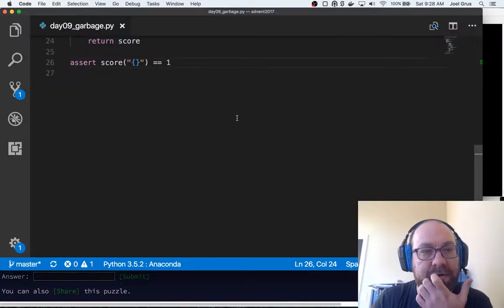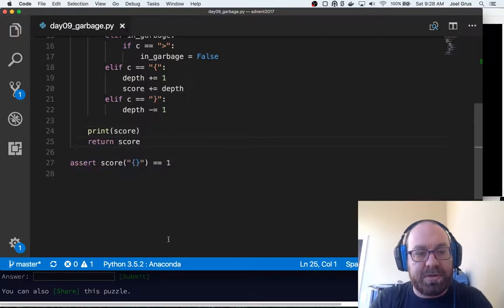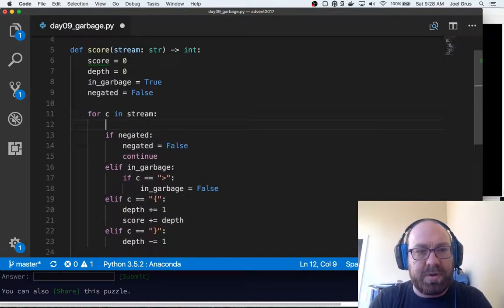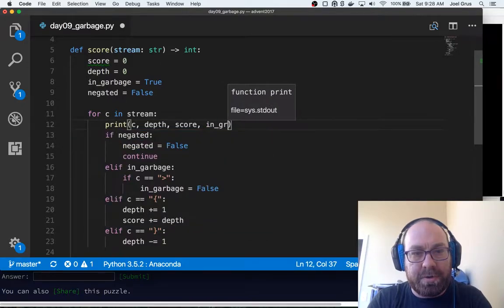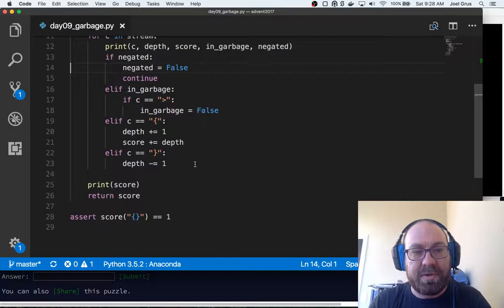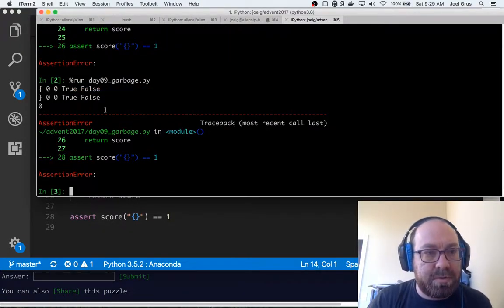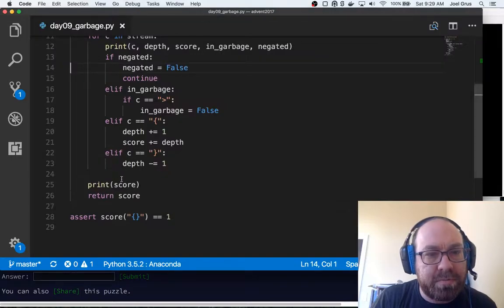Okay, so that didn't work. So let's see why not. Print score, and actually, you know what? Print C, depth, score, in garbage, negated. Okay, so we won't be able to make any sense of that, but that's fine. So 0, okay, we get this character, 0.